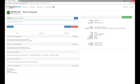So this particular customer is going to say, I have an additional file that may be helpful. So this customer's gone in, they've got a file that they want to attach to the request. They want to put an update on the request to say, look, we've got this file, this may help you in agreeing with this service request or fixing your incident. So we'll put the update text in there, we click the attach files button,